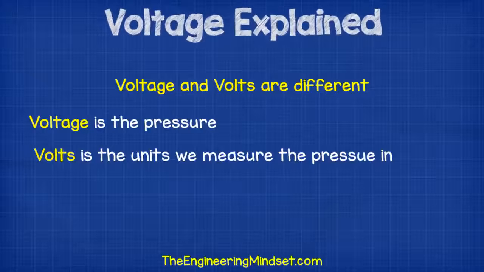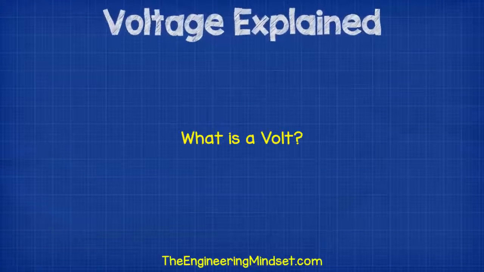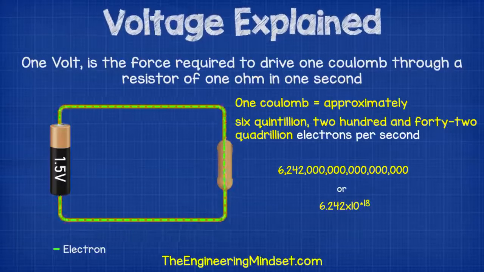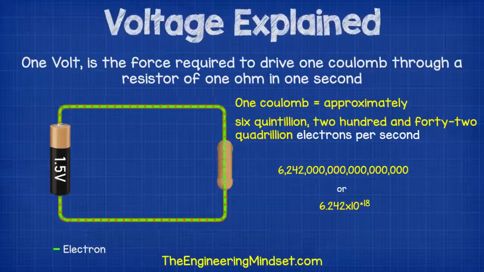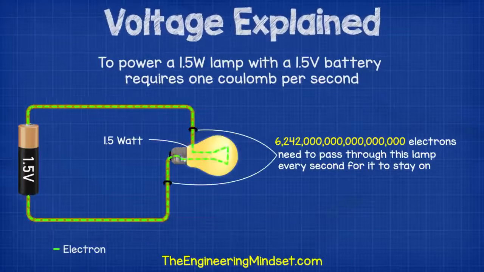So we saw earlier that voltage and volts are different. Voltage is pressure and volts is the unit of measurement. So what does 1 volt mean? 1 volt is required to drive 1 coulomb, or approximately 6 quintillion 242 quadrillion electrons, through a resistance of 1 ohm in 1 second. That's still a little confusing, so another way to explain this is that to power this